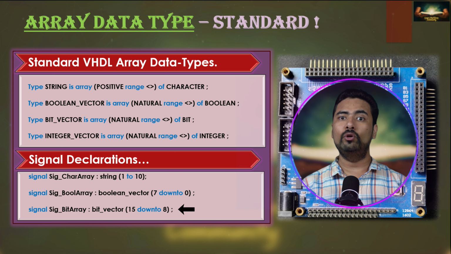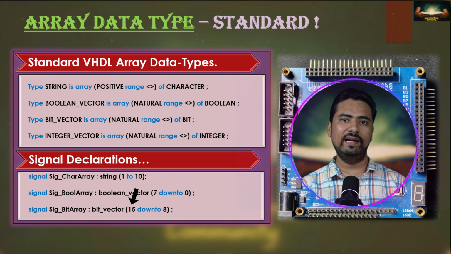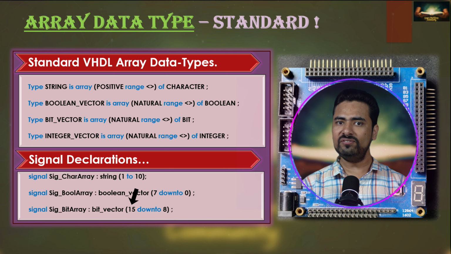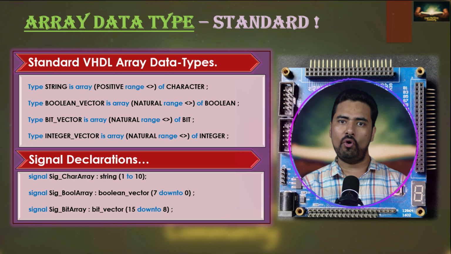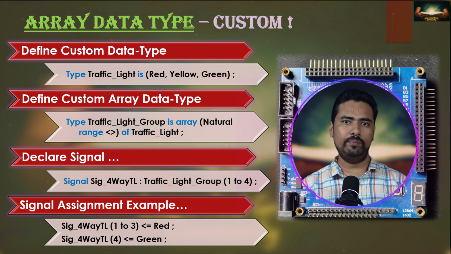This means that when you are assigning any data to its first position, then you need to use index 15, because index 15 is present at the first position of your signal. Okay, so in the last slide, we discussed the array data types based on the existing predefined standard data types